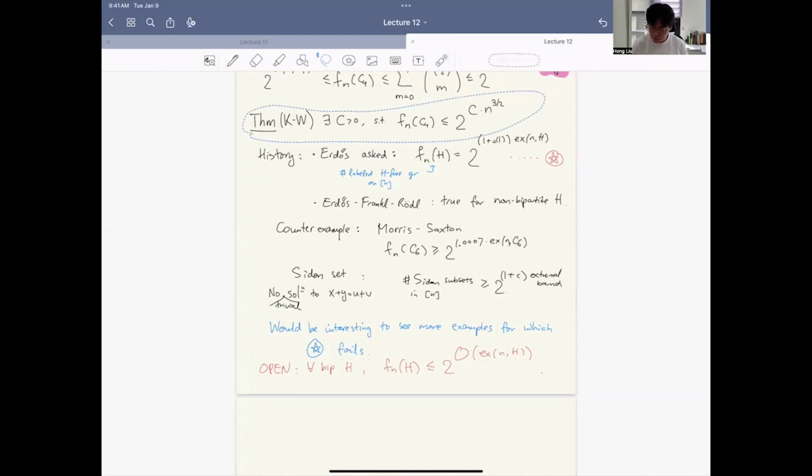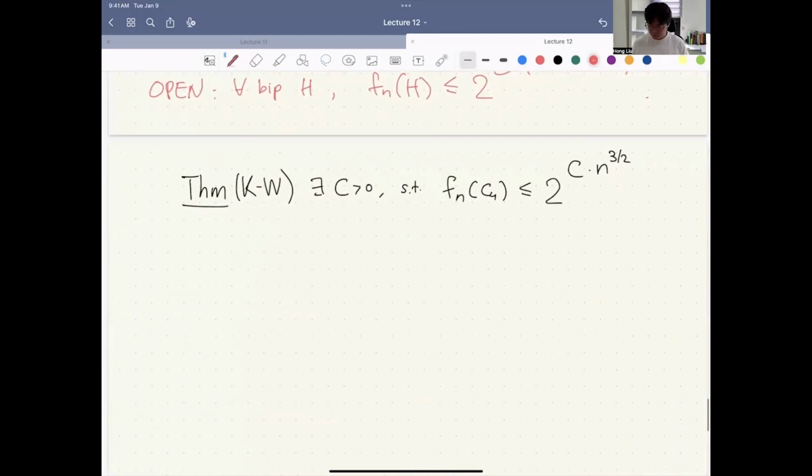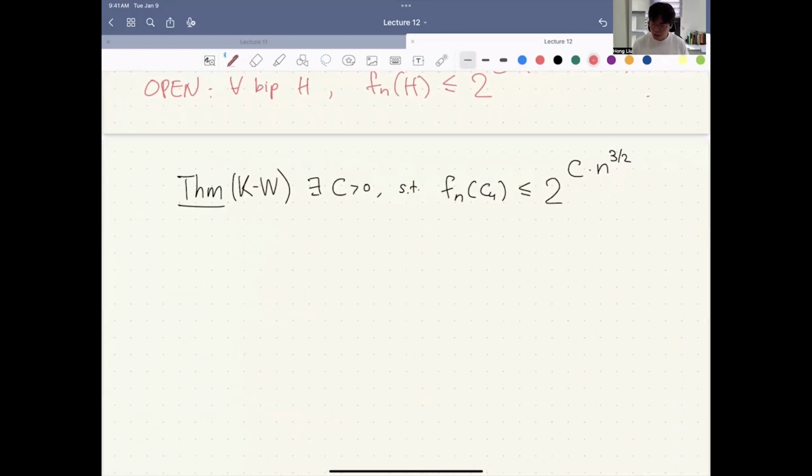The number of C4-free graphs is 2 to the some constant times n to the 3 halves. The idea is, again, 2 sentences if you want to summarize it. So let's try to do that. So the idea is